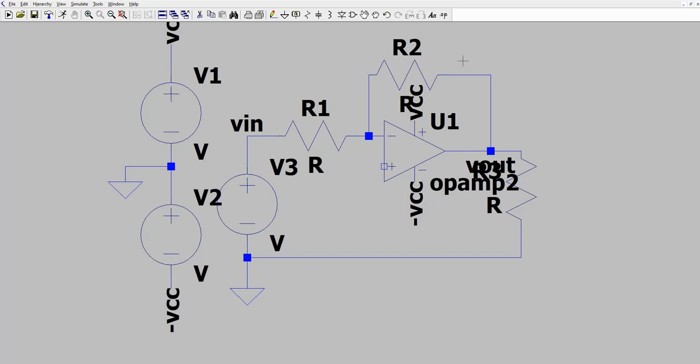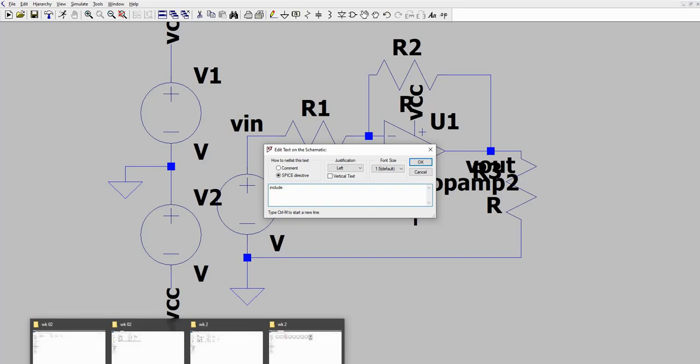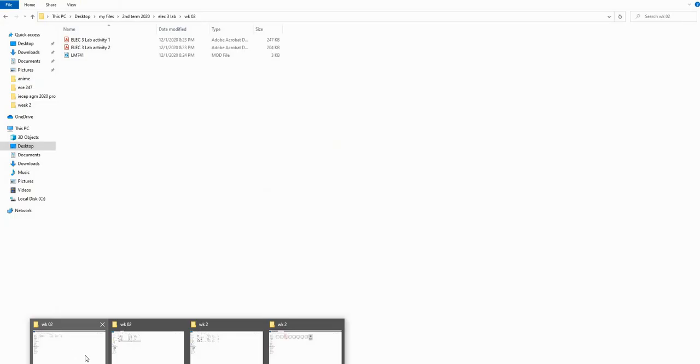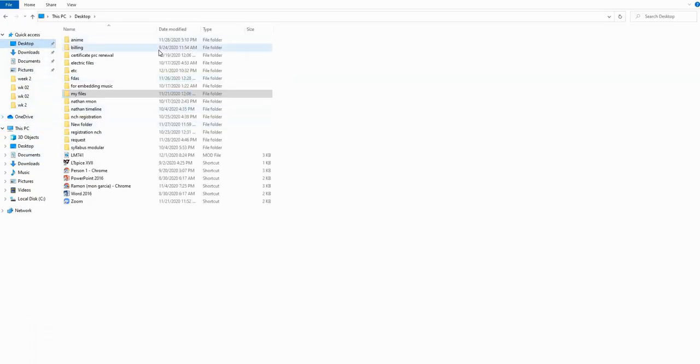So for me to be able to link that, just click .op and type .include, then you need to find the file. So for the file, it is on the desktop. So this is the file.